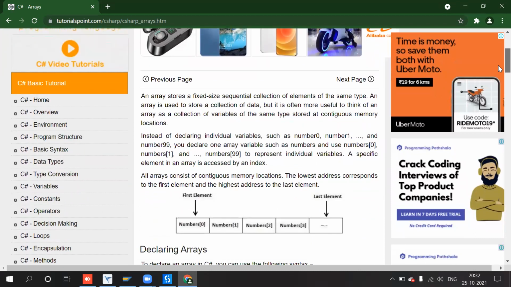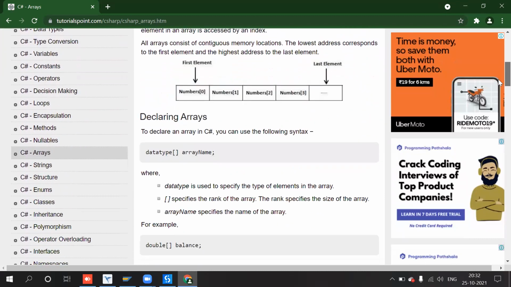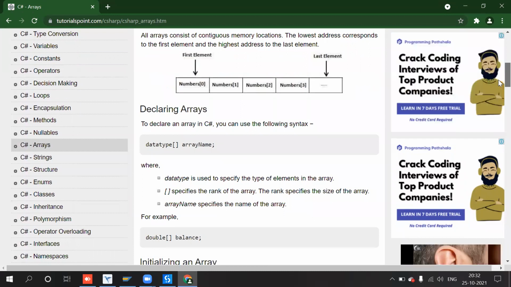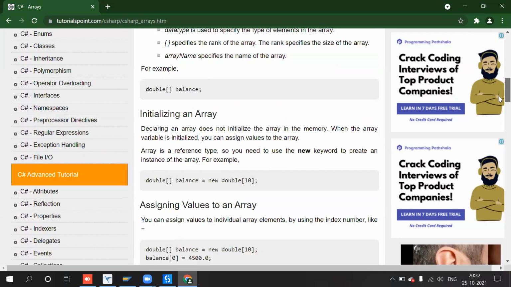In order to know the basics, I don't need to know much about the depth of programming. I would like to know what an array is, what the basics are. Even in an interview they will ask only the basics, not much more. So you must know what an array is. See how they are representing and initializing an array.